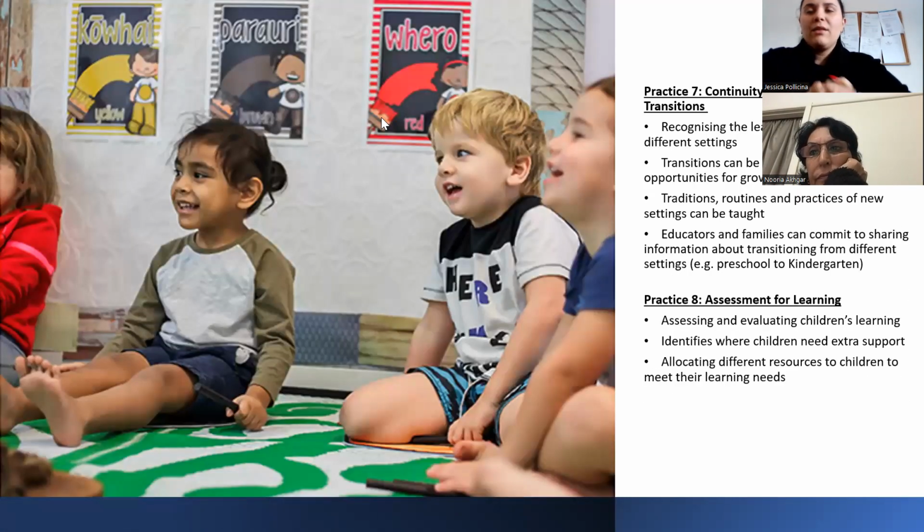And then you've got the last 2, so practice 7 is continuity of learning and transitions. So recognizing the learning transitions between different settings. Transitions can be challenging, but these are also a really good opportunity for growth, and traditions, routines, and practices of new settings can be taught. So this is a really big one,